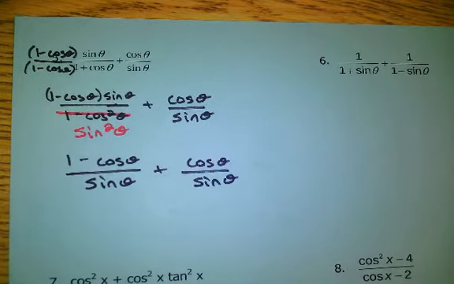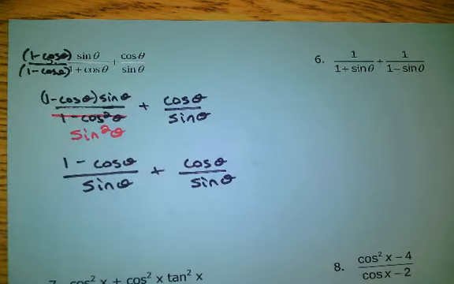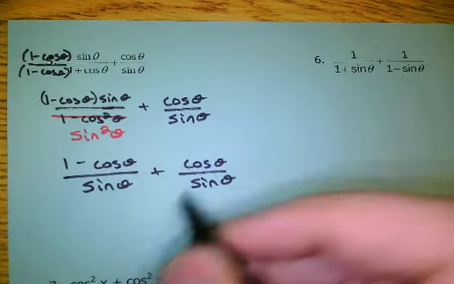Not 1 minus cosine squared. Don't forget we're subtracting cosine, adding a cosine, which turns into just 1. So if we have a negative cosine and add a cosine, we just have 1 over sine, which is